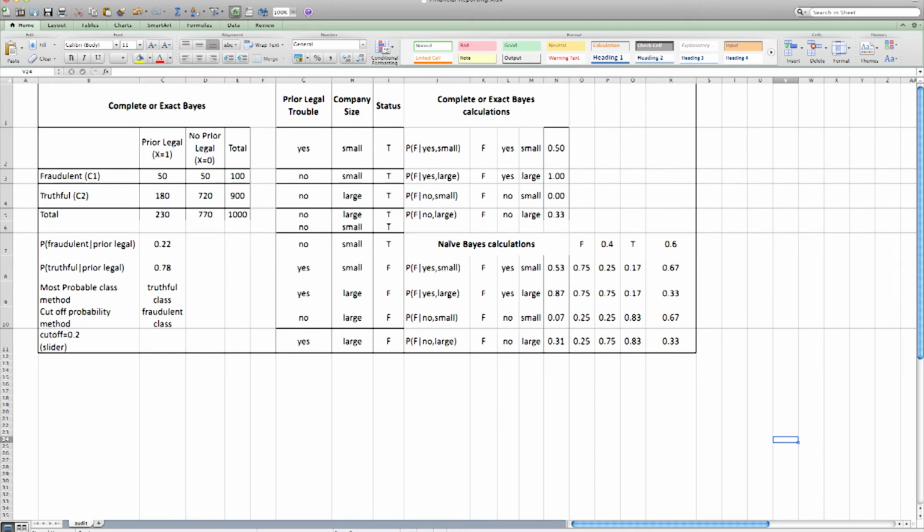So this is the number 50, divided by the 230 total reports which had